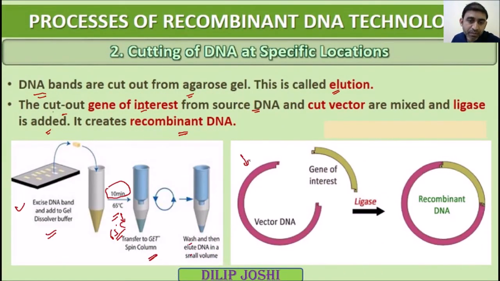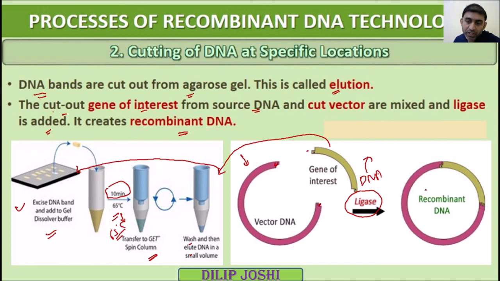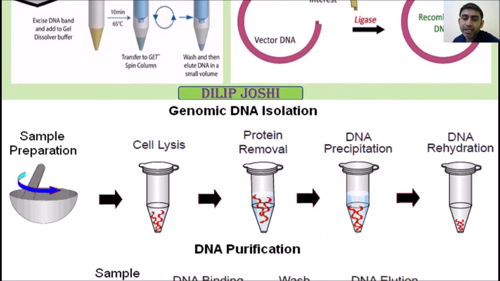This is the vector into which these genes, taken from this technique, are going to be added with the help of the enzyme DNA ligase, which can join these fragments. Once it is joined, you can see in this diagram they are joined with the help of the action of this DNA ligase enzyme. Liga means connector. It helps in phosphodiester bond formation so that they can be ligated.